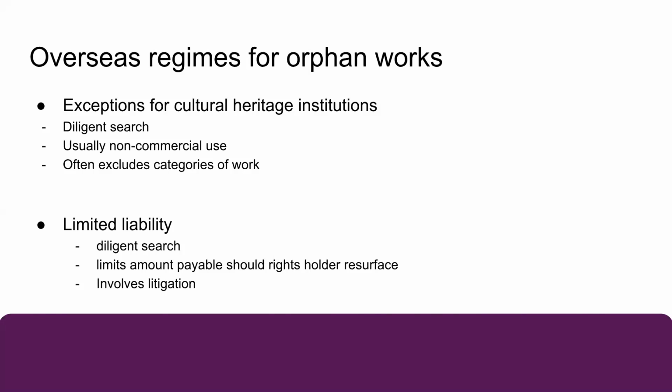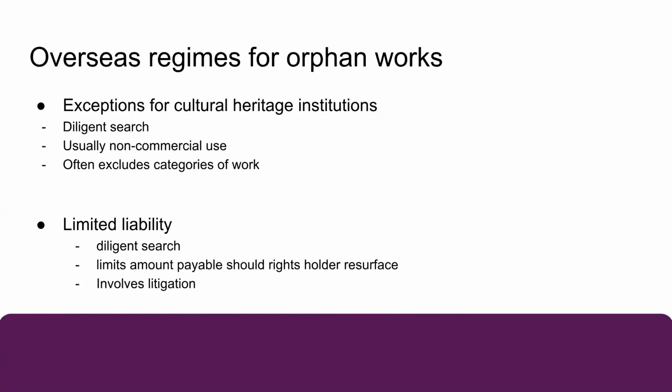You may have seen recent online comment about the UK feminist magazine Spare Rib, which was digitised under the orphan works exception. There's a very real concern that if there is a no-deal Brexit, the British Library will need to suspend access to the Spare Rib archive, because the library is only protected from legal action under the EU Orphan Works Directive. The second regime I want to talk about is limited liability.